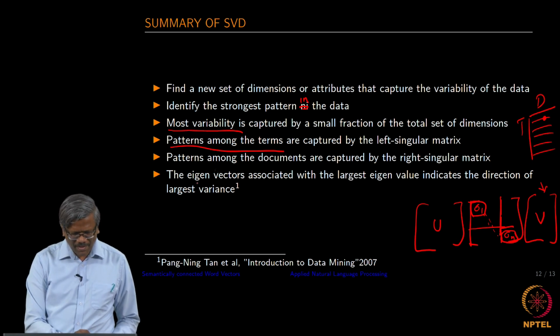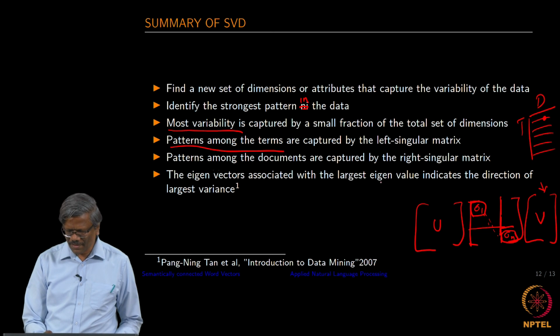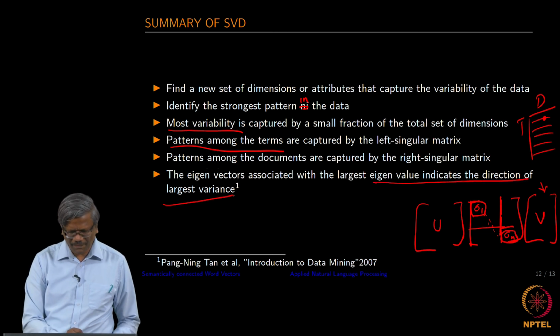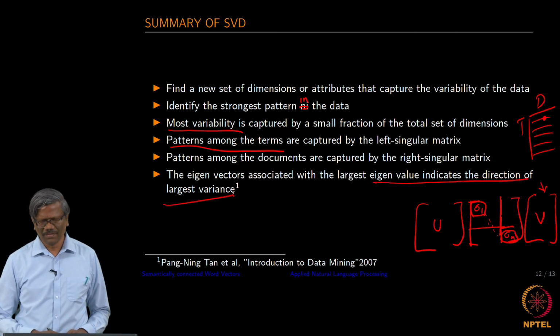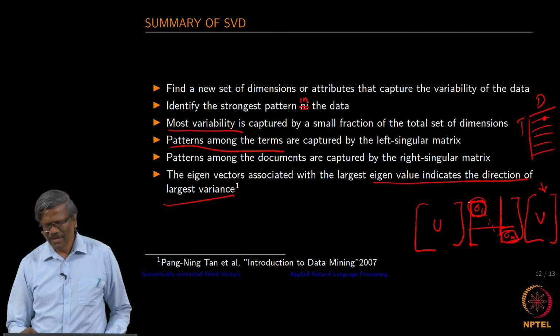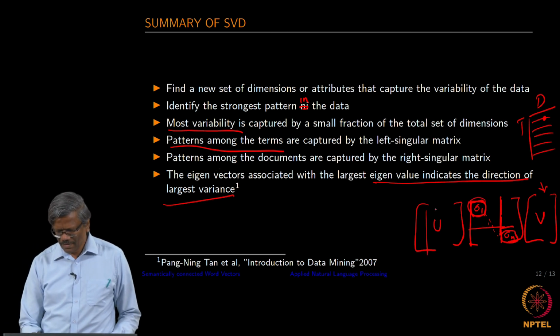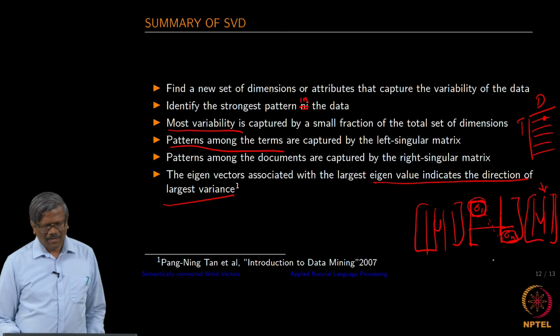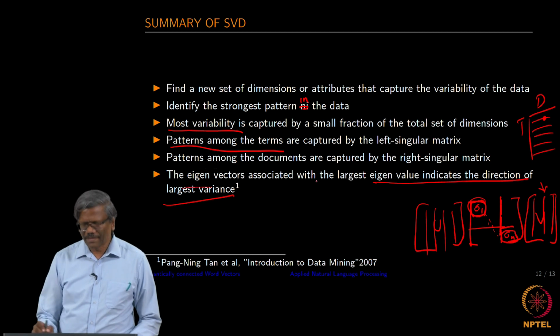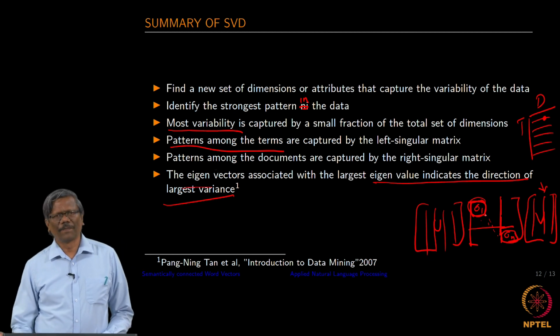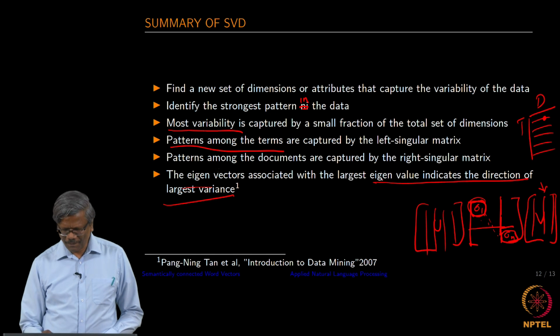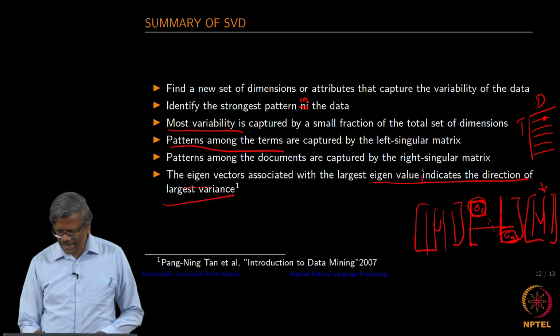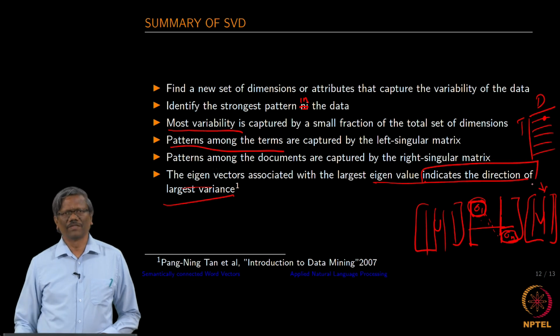So, the eigenvectors associated with the largest eigenvalues indicate the direction of the largest variance. So, this captures the largest variance. If you take these matrices and find the eigenvectors associated with this one, you will find that the vectors indicate the direction of largest